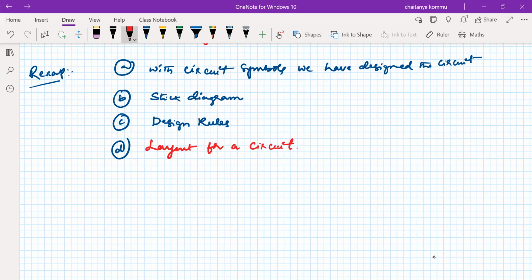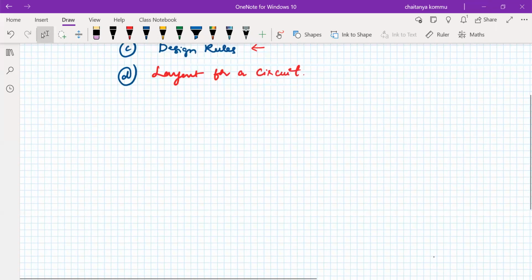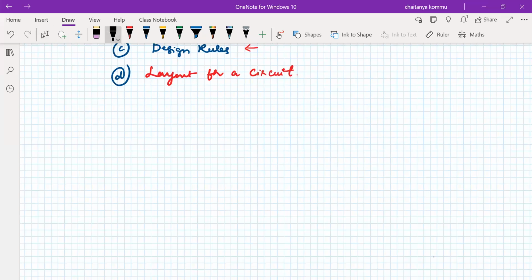So in order to draw the layout, it's very essential to know the symbolic circuit diagram, then the related stick diagram, then we have to apply the design rules, then only it is possible to create the layout. Okay, so let us see how do we form a layout. So I want to create a layout. So draw the layout